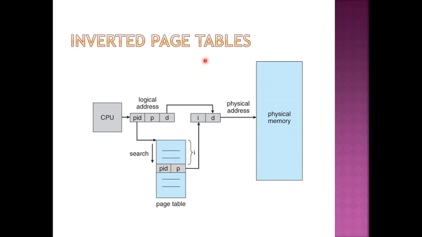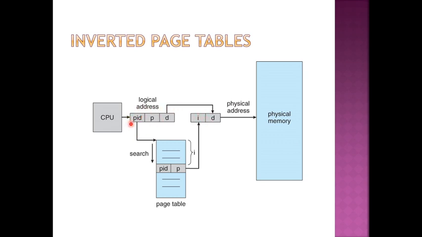That is why in inverted page tables, the logical address is not divided into just two parts like in the previous case. I have a page number and an offset, but with that I also have the process ID. Why do I have a process ID? Because every process is going to have a page table, and to look up that page table, this process ID acts as an address identifier. This is one way of protecting one process from changing the contents of another.